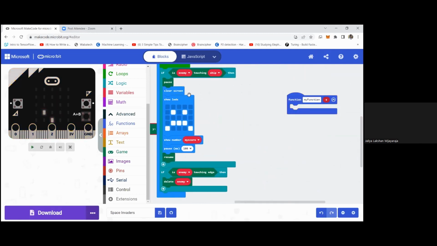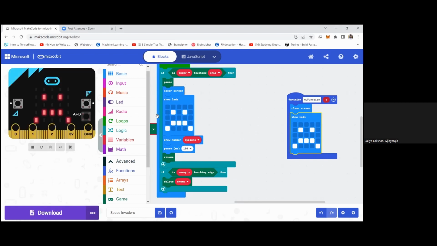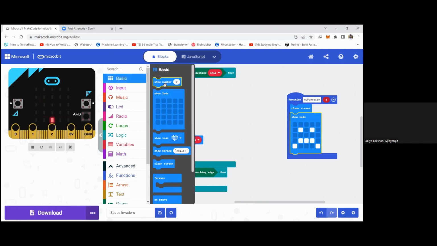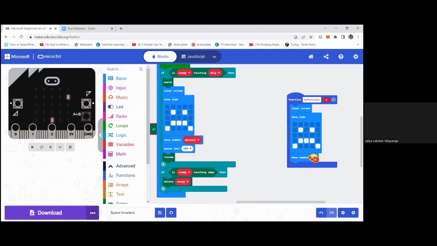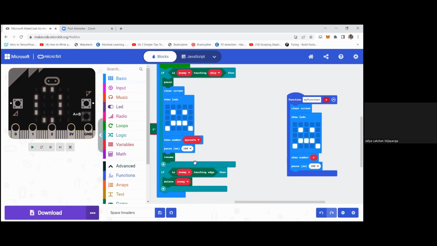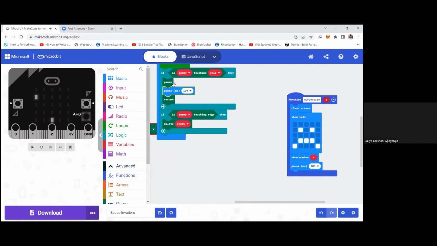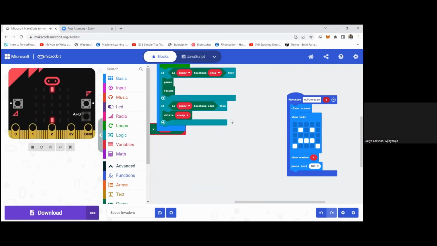and I can create the same thing inside my function. So I will clear the screen, and I will show the symbol here, and the input will be S for the function. So basic, and I can show number S, and I will pause my screen for a while. Okay, now I can delete those blocks, and instead of all of those blocks,